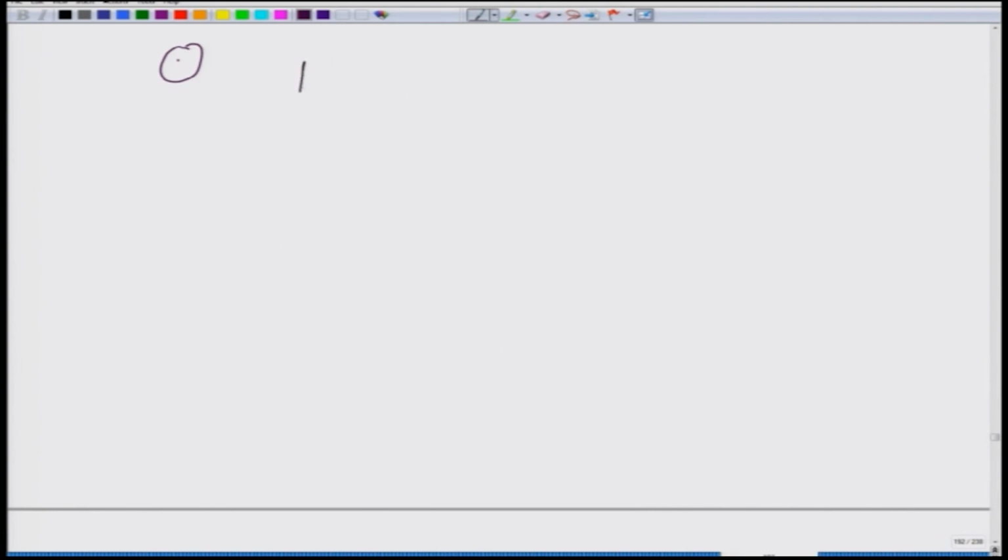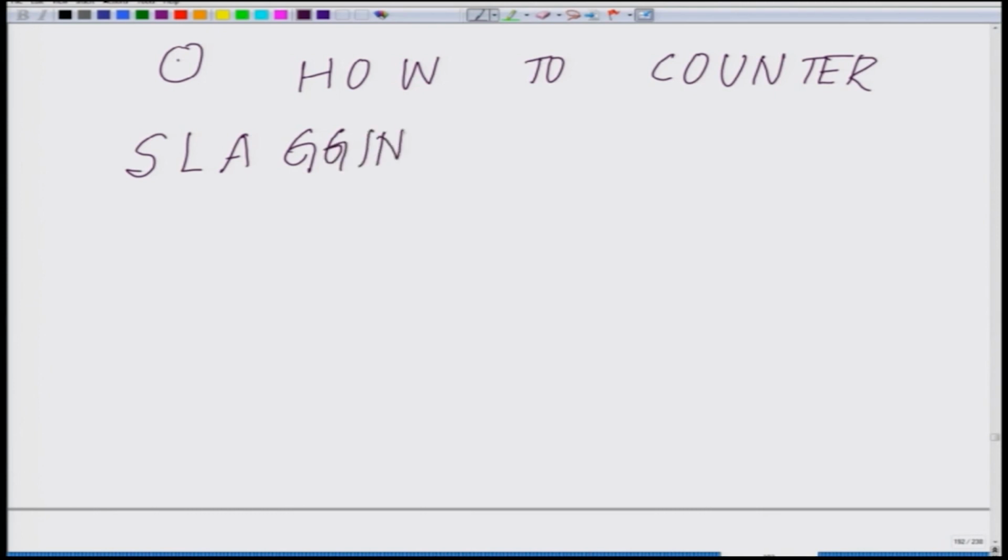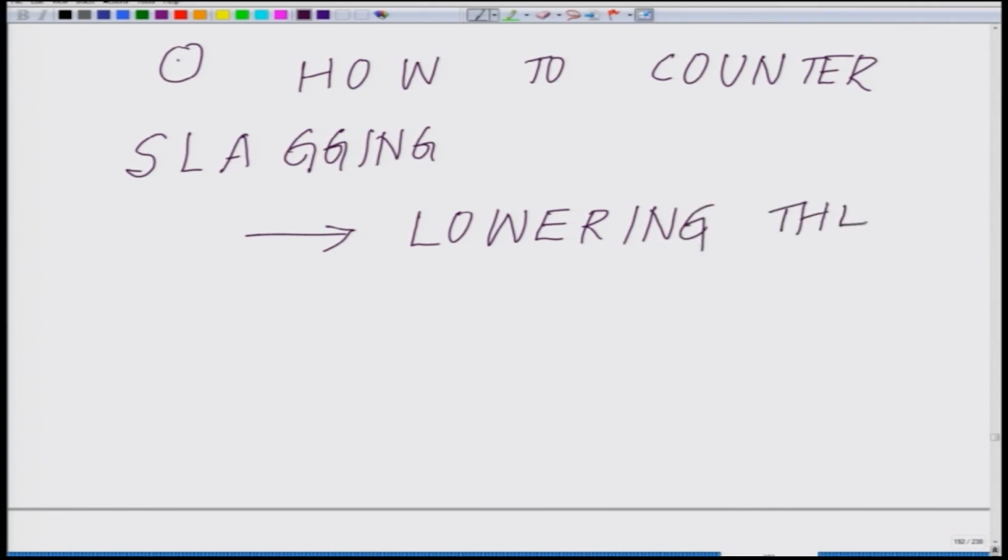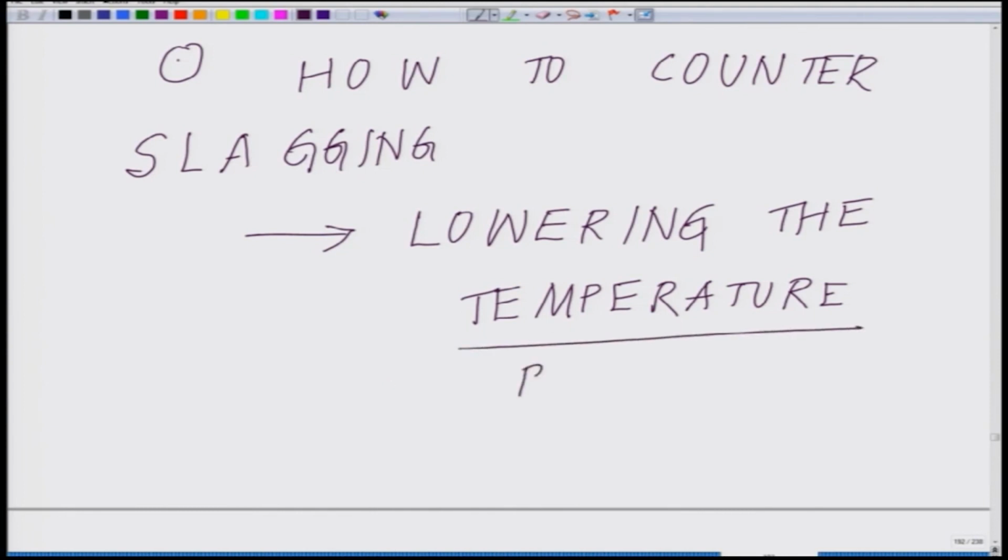Okay. Now, one of the ways by which you can counter slagging, how to counter slagging. It is a kind of trade off, as you will see. One approach is lowering the temperature, but if you lower the temperature, you will realize the challenges that come in terms of tar formation. Lowering the temperature is one technique. Here the temperature is the bed temperature where the reaction is happening, but then there will be increased char formation, from which all the impurities have to be removed. And in terms of the quality of gas,